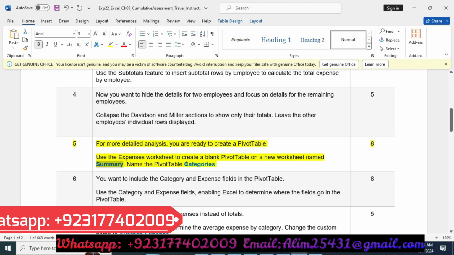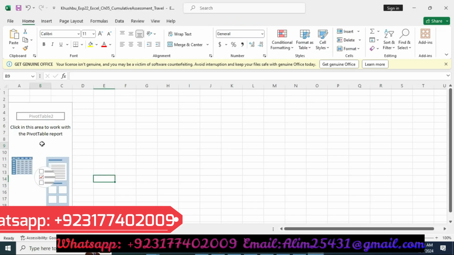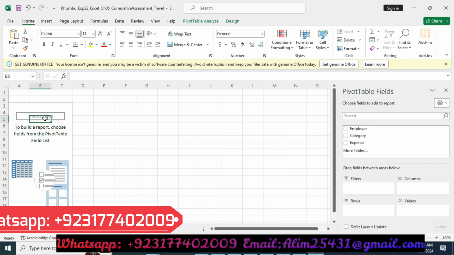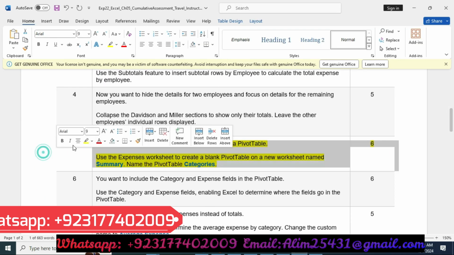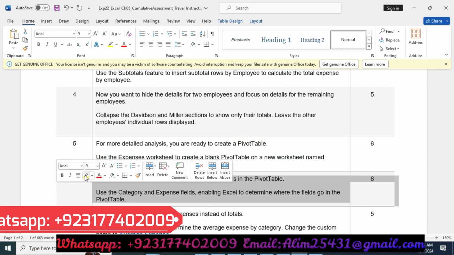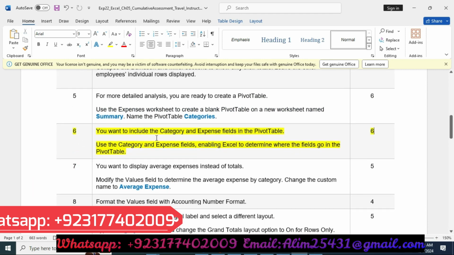Name the pivot table Categories. We will rename this pivot table as Categories. Name this as Categories and press enter. That's our fifth step. Our sixth step is you want to include the category and expense field in the pivot